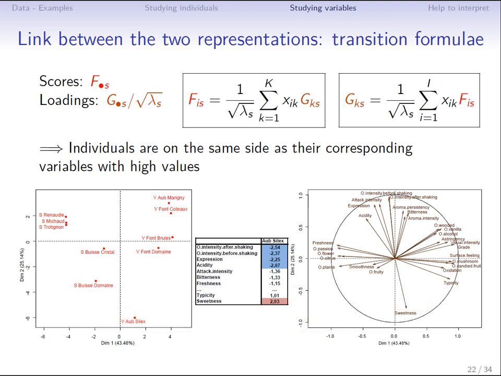The coordinate of the variable acidity is high on dimension 2, and the acidity of Aubussier silex is small. It is less than the mean of the variable acidity, so the positive coordinate of the variable acidity multiplied by the negative value gives a negative result, and it contributes to the fact that the coordinate of Aubussier silex is low on dimension 2. This is exactly the same reasoning for the variables.